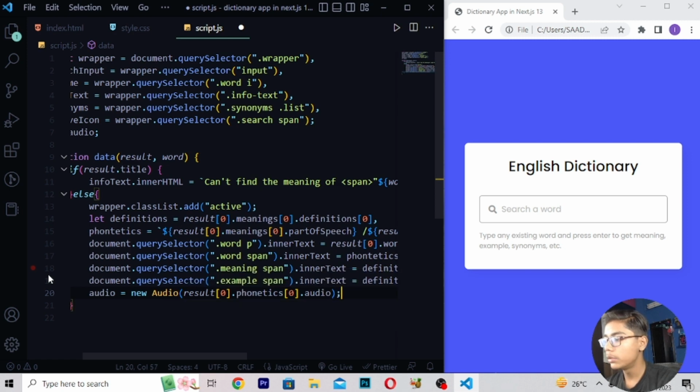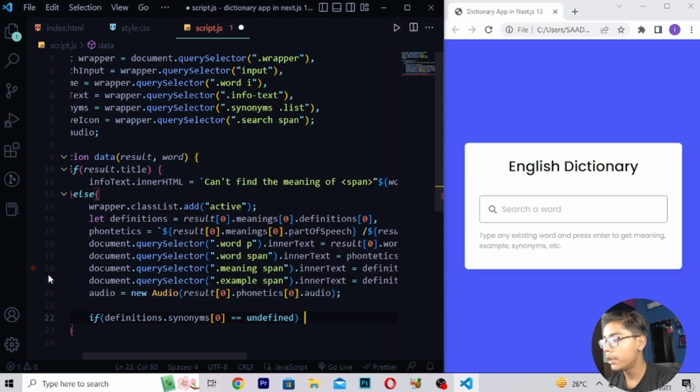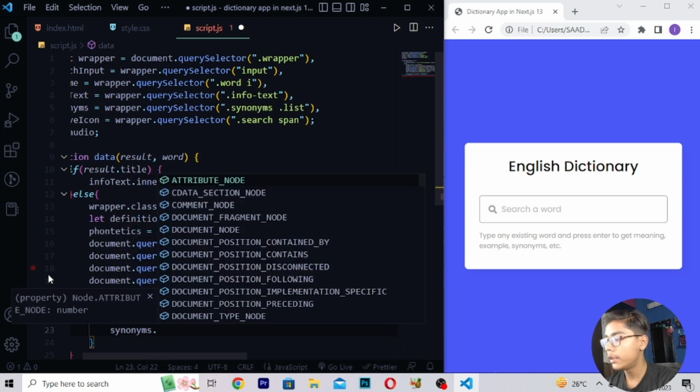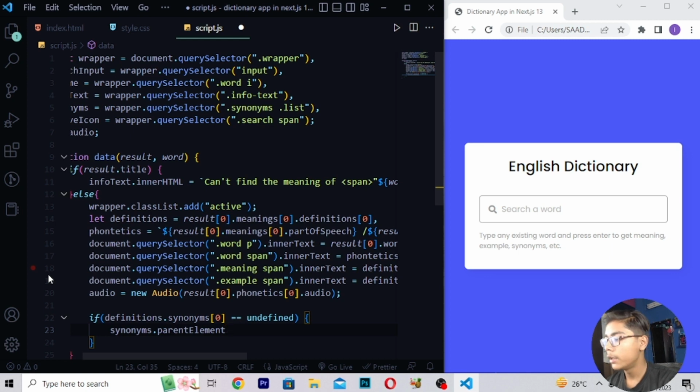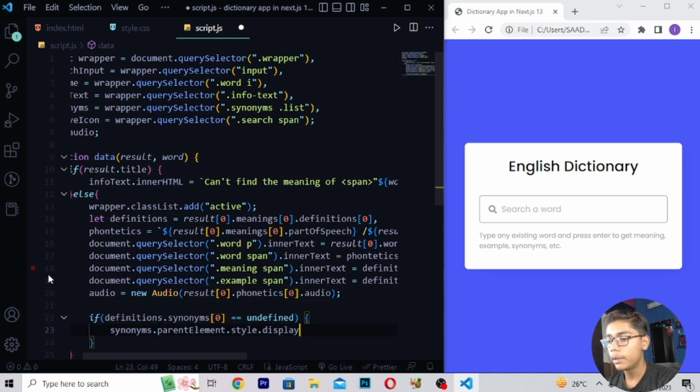Now close this tag and write if definitions.synonyms[0] equals undefined, then I will move down and write synonyms.parentElement.style.display equals none.